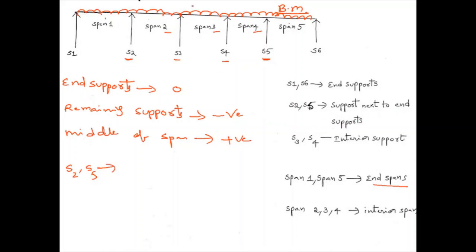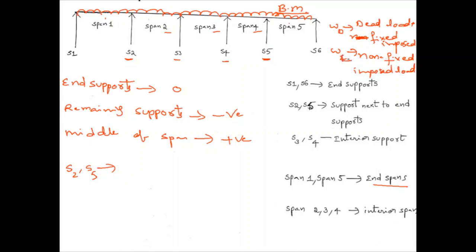And whatever the load is there, let us say that it consists of 2 components. One is the WD, another one is the WL. WD means dead load plus fixed imposed load. And WL is the non-fixed imposed load. That means sometimes it will be there and sometimes it will not be there.